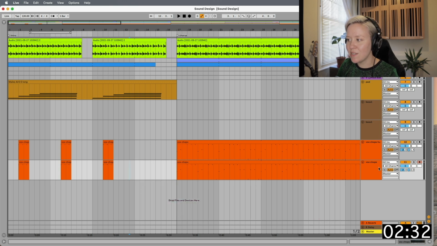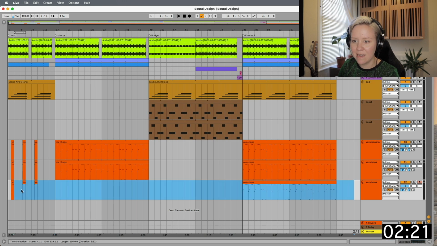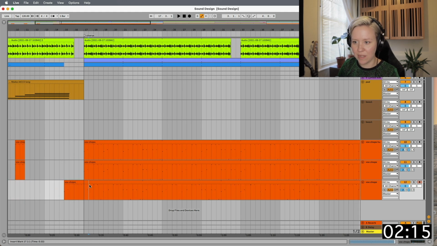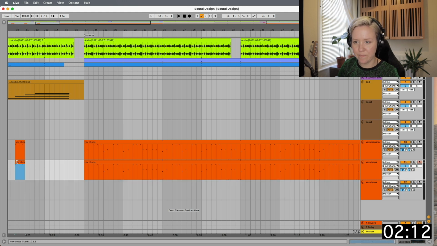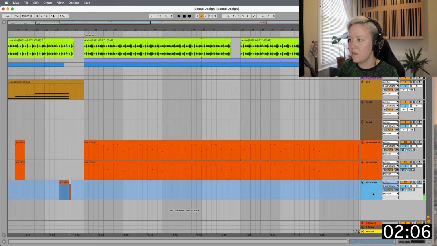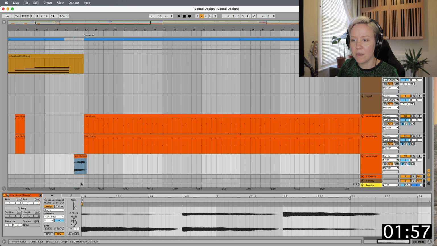We have 2 minutes. Okay. So I can go and, for example, duplicate this. I can delete almost everything here. Have not the whole thing, just one of these. And then we can freeze the track, flatten the track. There we go. And now, if you use this, you can double click it and we can go here and use modulation, clip modulation, go here, and then